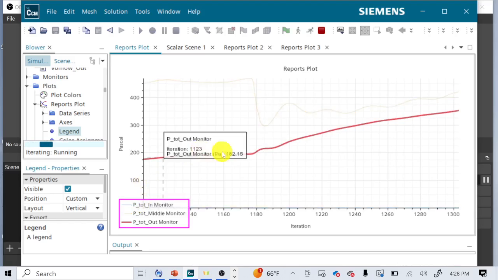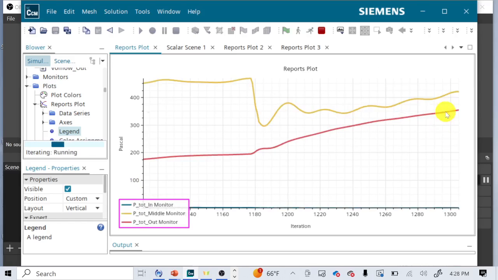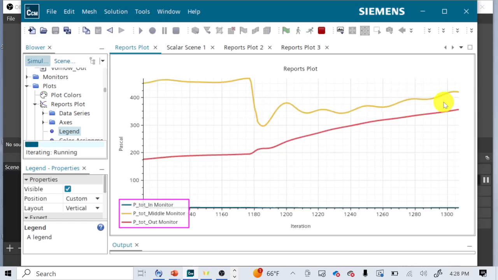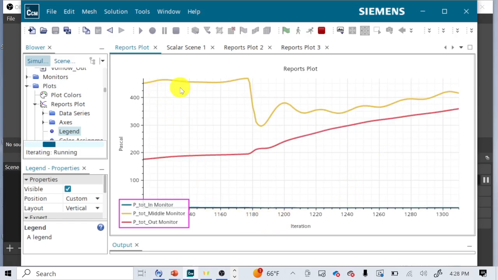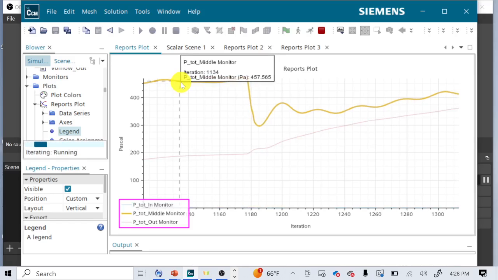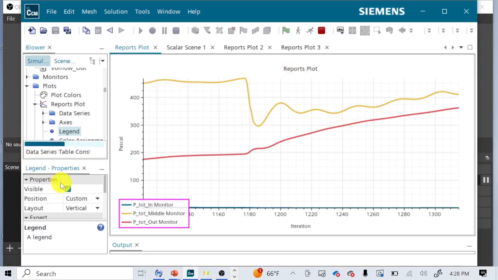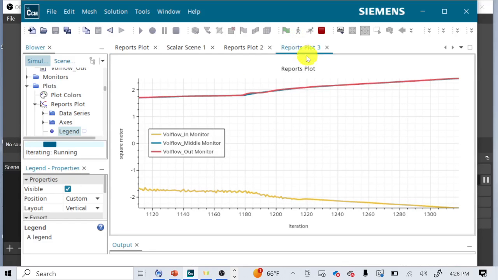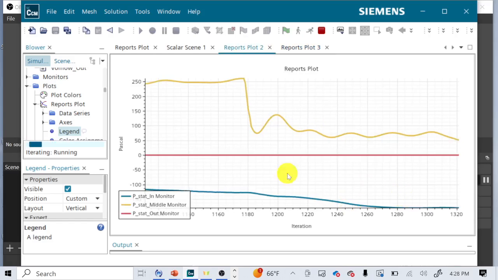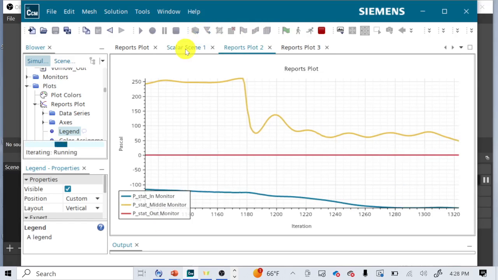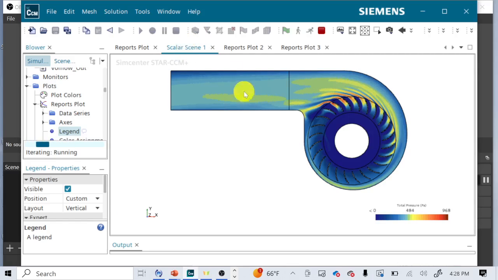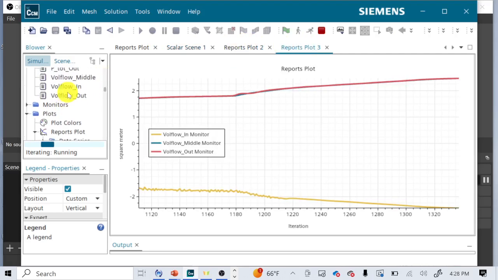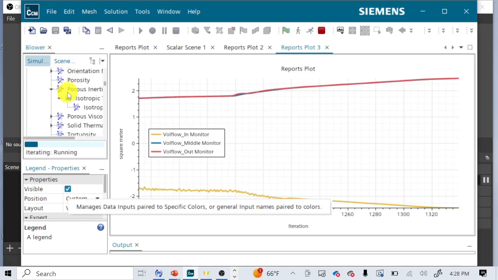How much does it drop? Well, it drops by whatever the difference between these two is. Right? It rose by whatever 0 to this yellow line is going through the fan. If we look at the static pressure, it sort of has a similar relationship, except it's offset because the flow has a velocity. There is dynamic pressure. But it is still very clearly trying to figure out what's going on. Again, because we don't have all day,